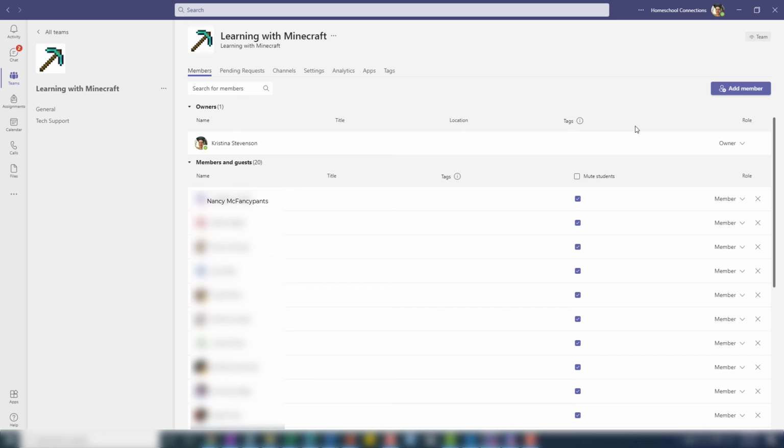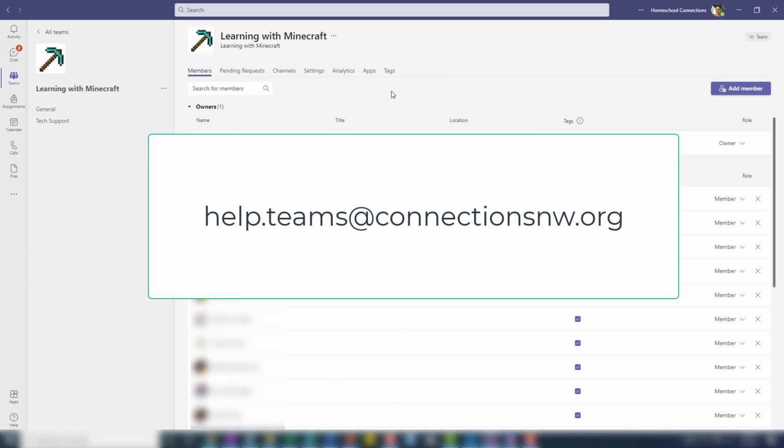I have them muted now, but I will change that when school starts. If you had a problem with somebody not using Teams in a way that you want, you could choose to mute them and have a conversation with them about what they're doing, and then decide to unmute them at any point. The add member button is here, and that's kind of the gist of enrolling students and managing students. If you need any help with this,